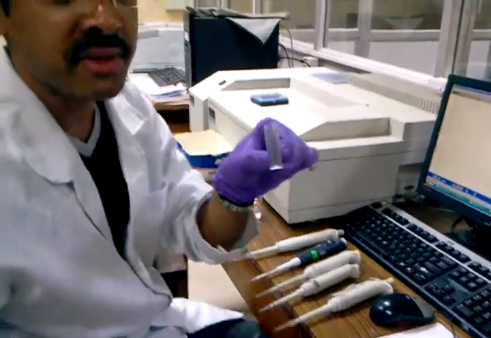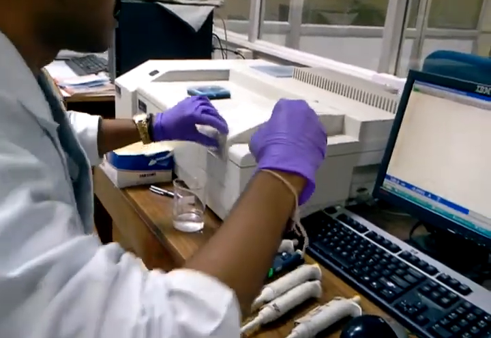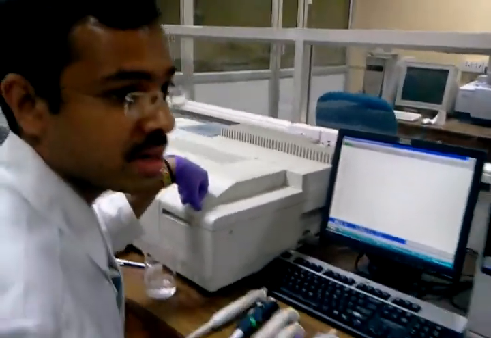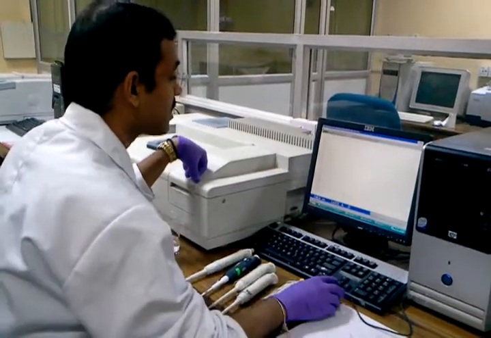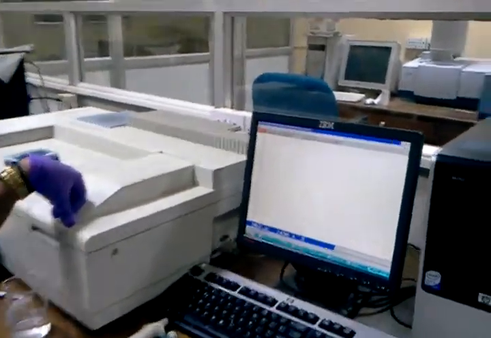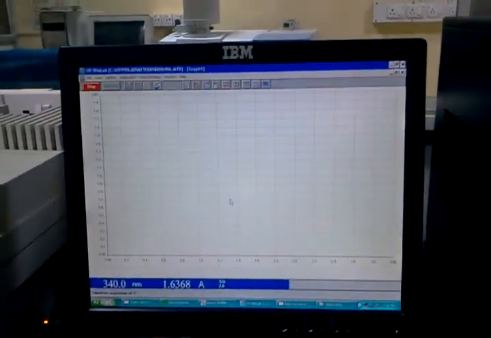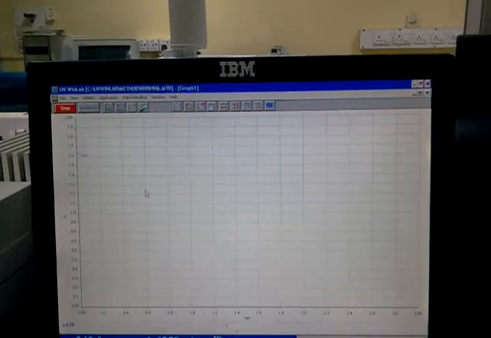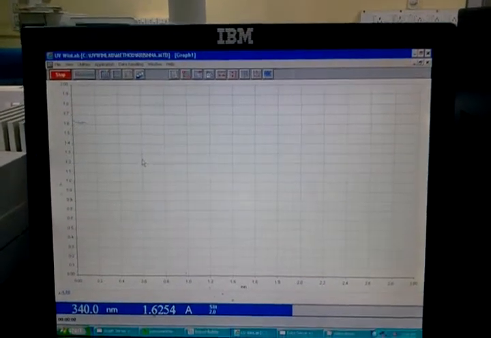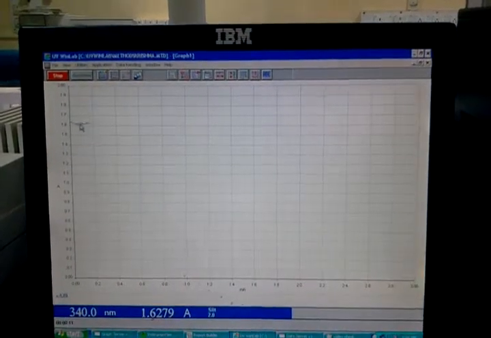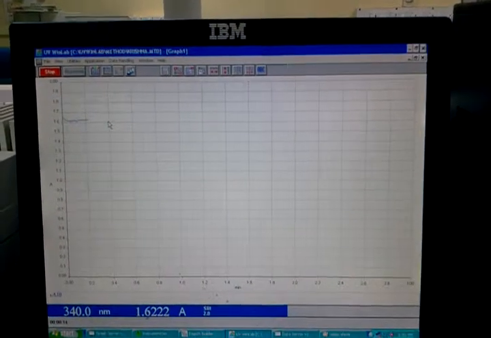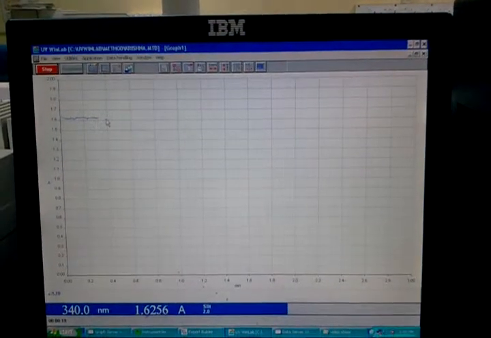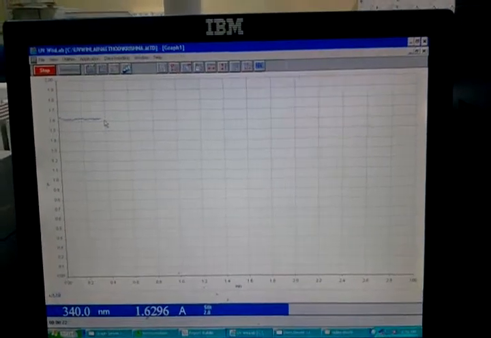So this is our control experiment without hydrogen peroxide. You would notice that there is no decrease in concentration of NADPH. So when I add hydrogen peroxide, then only the reaction will take place. So this is control. You can see over here the straight line which is coming, which shows that there is no decrease in NADPH concentration. Why is there no decrease? This is because there is no reactive oxygen species produced inside the reaction medium.